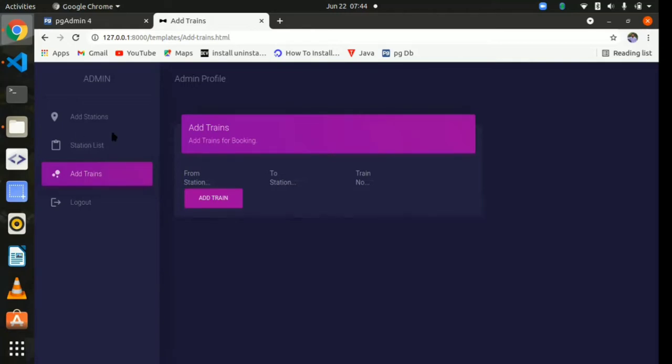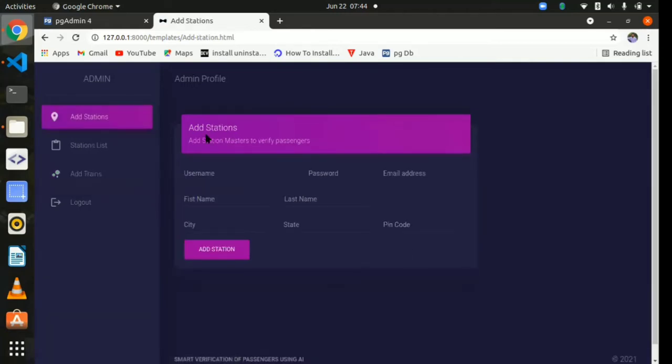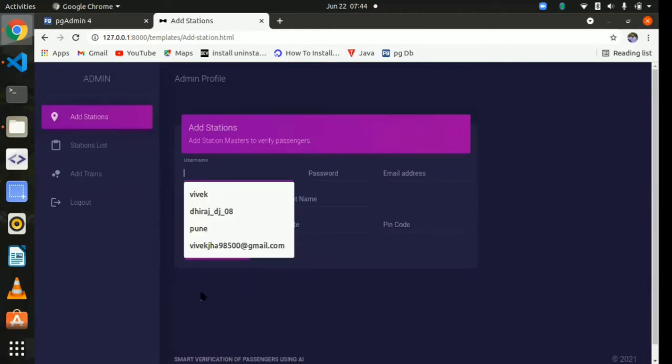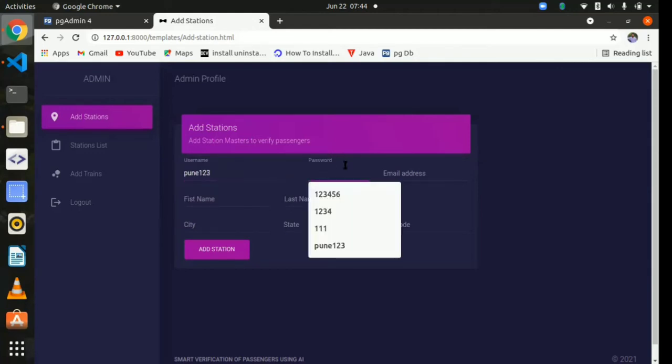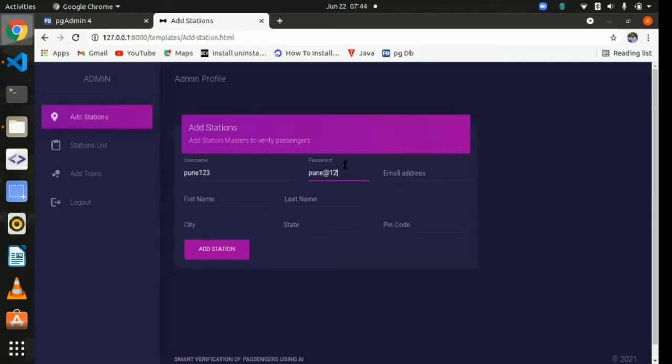So let's start by adding stations. While adding a station, he has to provide a username to the station master. This username will be used by the station master to log into his portal. So now we'll add a station called Pune, and we'll give a username as Pune123. And the password, here we are keeping it visible because this password needs to be communicated to the station master. So for that purpose, the password is visible here. We'll keep the password as Pune123 and the username as Pune123. Email address can be